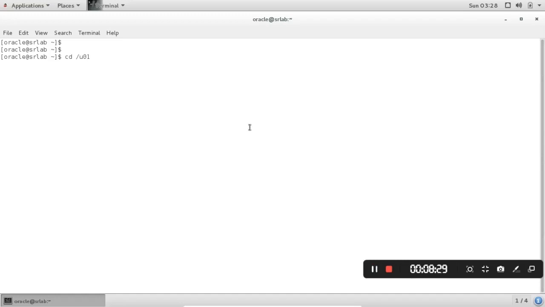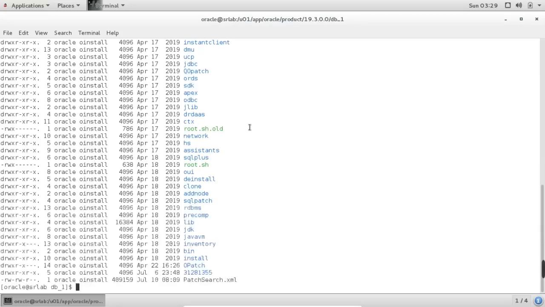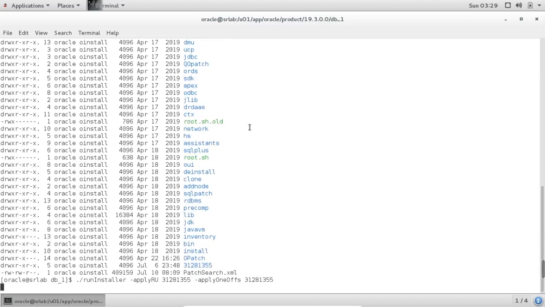I logged into the GUI on Oracle Linux. Now we are going to execute runInstaller with applying the patch. Let's see.